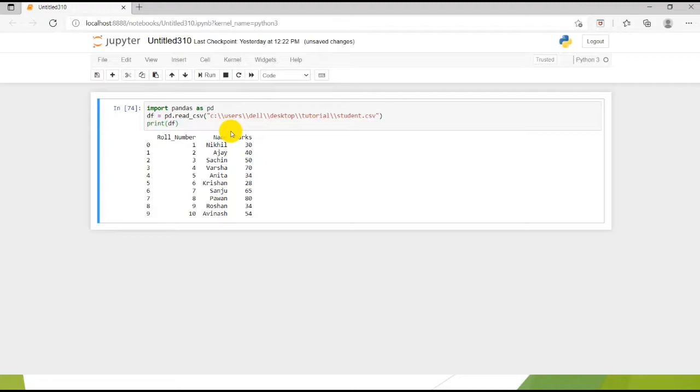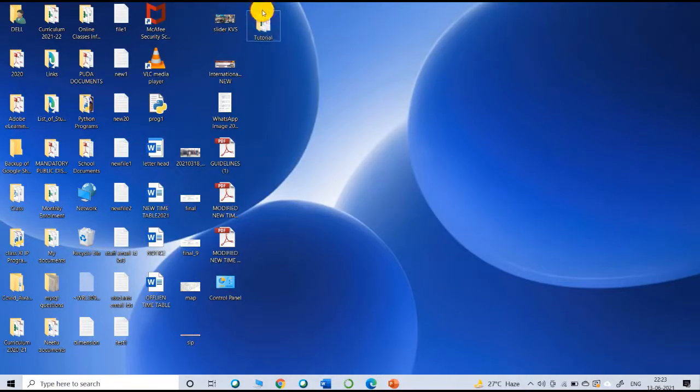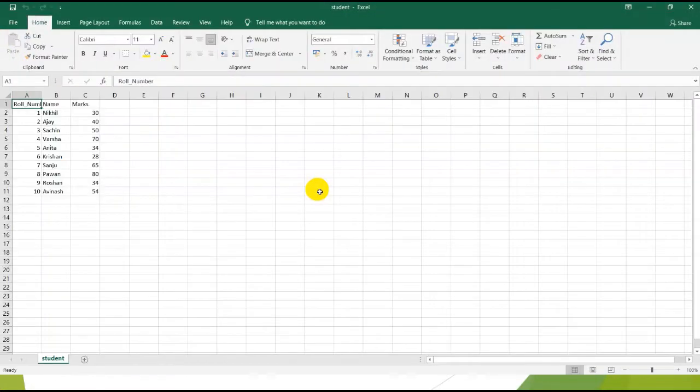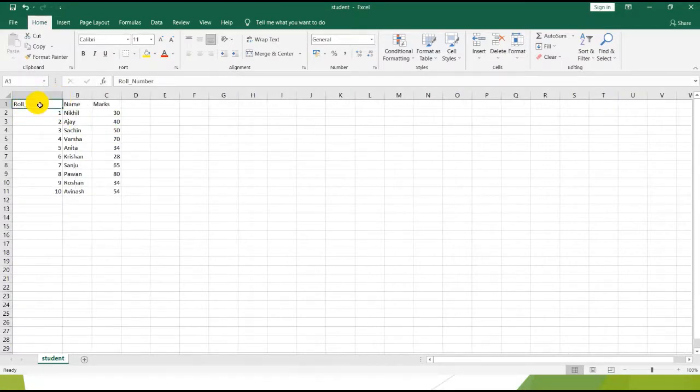I'll show you how you can view the student file. So this is a student file that was created in CSV format. So I have 3 columns called roll number, name and marks, and there are 10 records, 1 Nikhil 32, Ajay 40, and so on.